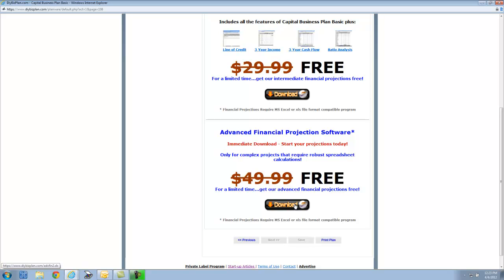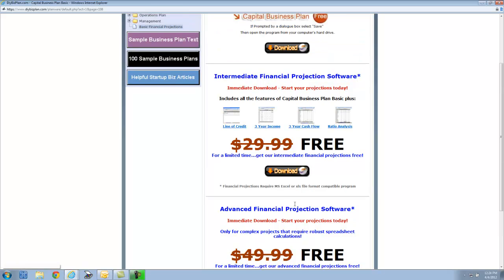This one not only has 3 years of income, balance sheet, profit and loss, it also has all the critical assumptions, more advanced payment of payables, collection of receivables, depreciation schedules, the whole 9 yards. So for today, what I want to walk through with you is how to fill out the intermediate financial projection